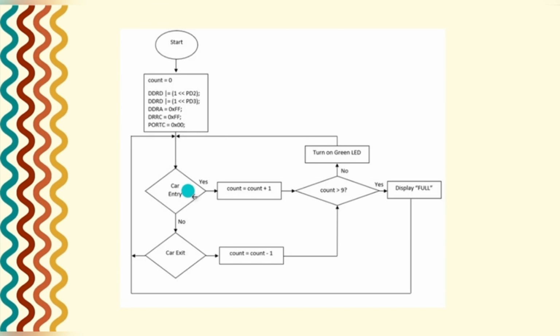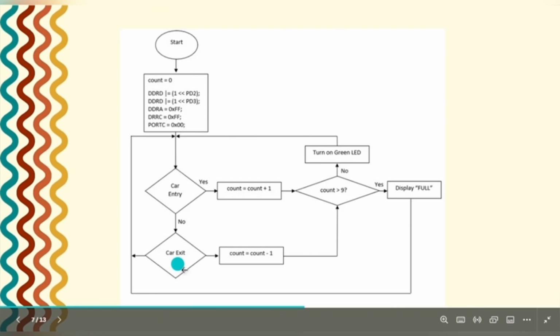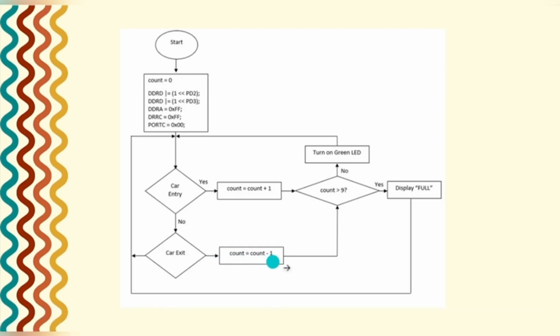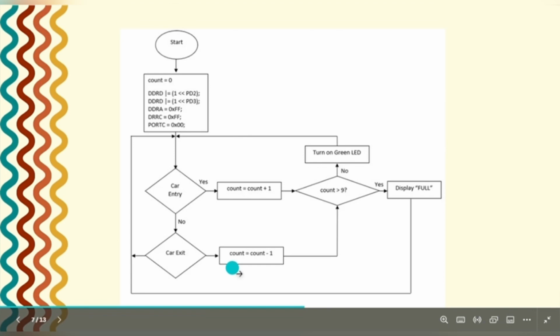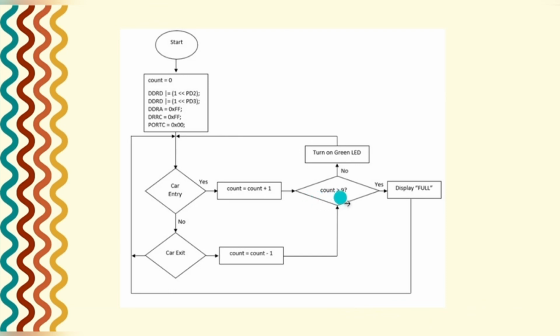If yes, the count equals count plus 1, meaning that it is an increment. And if it is no, the car is exiting and the count equals count minus 1, which is a decrement. So from the car entry, if the count exceeds 9,